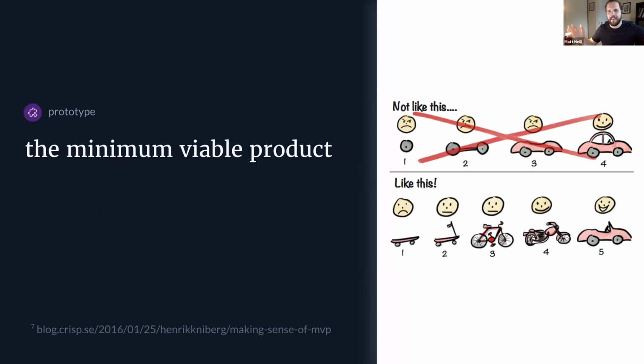I like this diagram. It looks a little funny, but one thing I love about it is that it illustrates how to go about building a minimum viable product. Let's say that you're talking to your customers and they're saying, oh, I really want a mode of transportation. I need a way to get from point A to point B. Ideally, you would create some sort of beautiful car that can go really fast. It has an awesome stereo system, something like a Tesla or Ferrari or something beautiful.